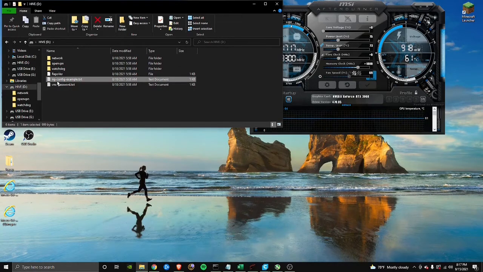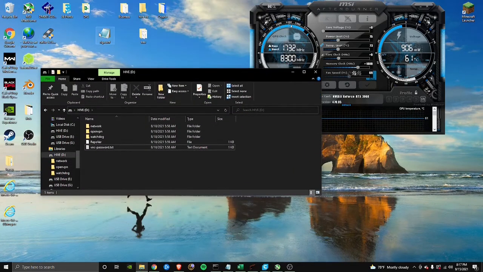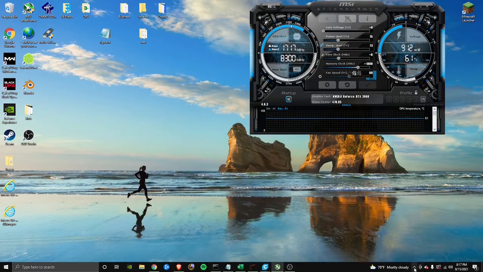Right here where you see rig config example, go ahead and just delete that rig config example, and you're going to go to this rig config that you downloaded from the new account that you made. Once you put that onto this flash drive, you can go ahead and X out of that, come down here,